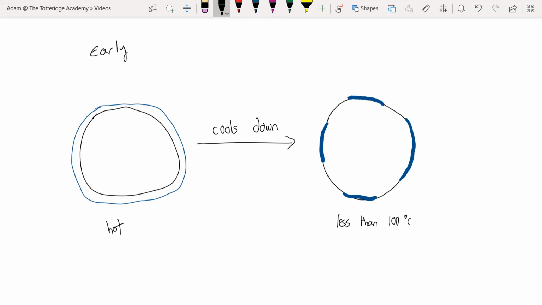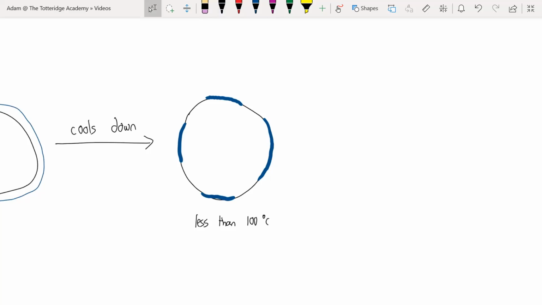What word do we use for a gas turning into a liquid? Say your answer on 3. 1, 2, 3. Condenses. The water condenses. So what we have is essentially, over time, water vapor in the atmosphere decreases,